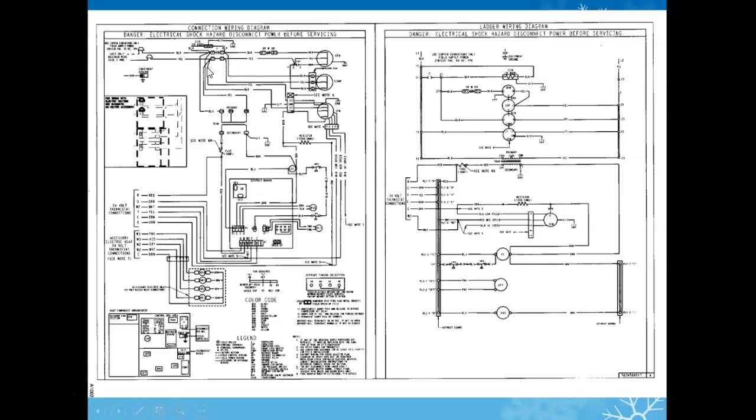This is a connection wiring diagram versus a ladder diagram. Okay, so these are two totally different types of diagrams. This one is your ladder diagram. What is different between this and this? This is very, very simplified. Okay? About as simplified as you can get. All it's showing you is these are connected back to your power source versus your neutral, and what is connected between the two. It's not showing you point-to-point connections like the first one is.